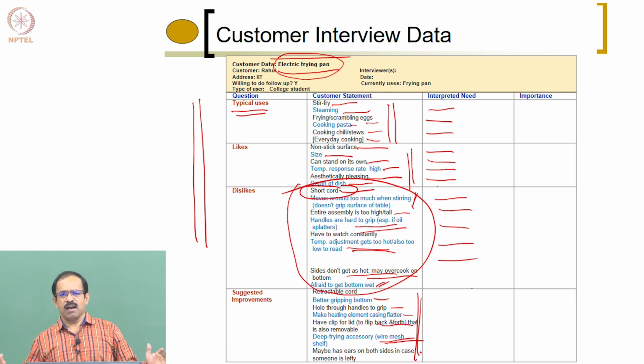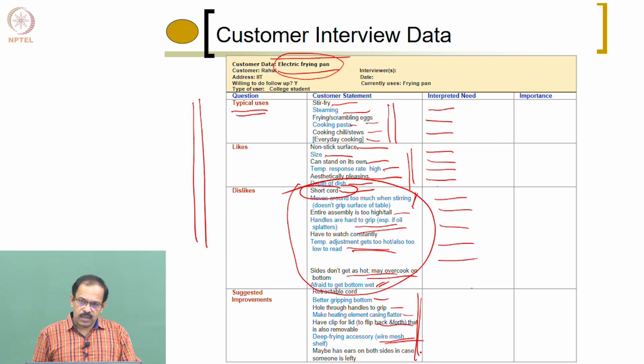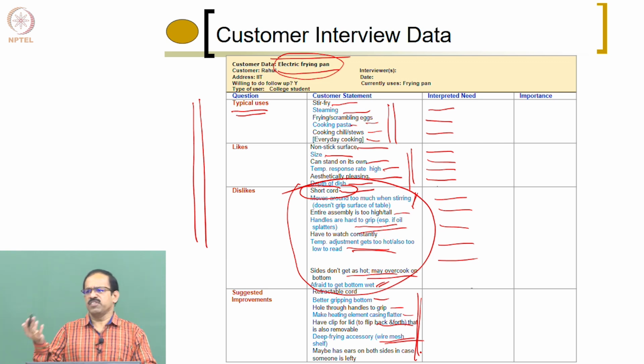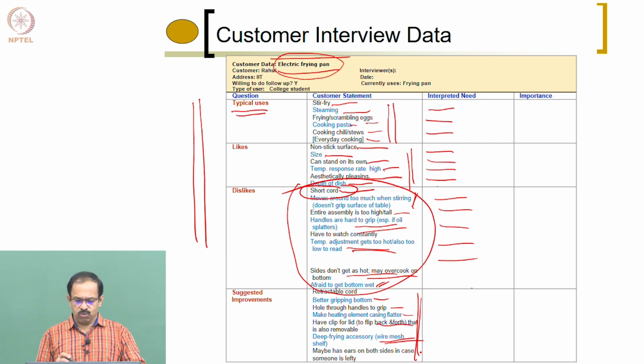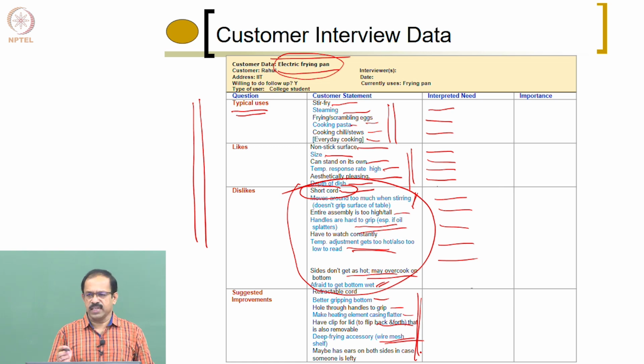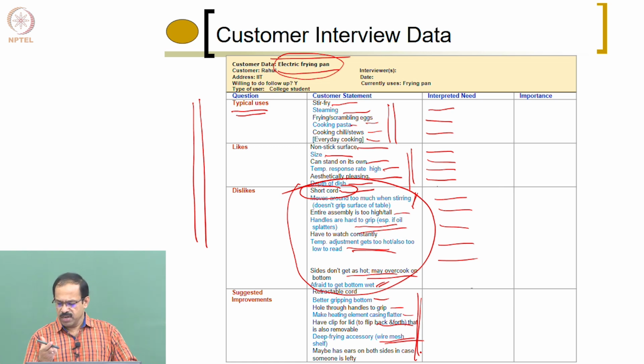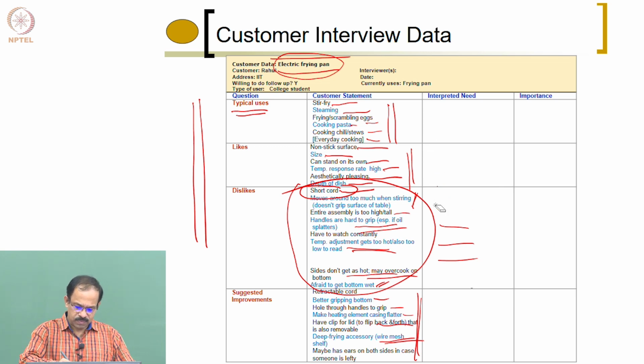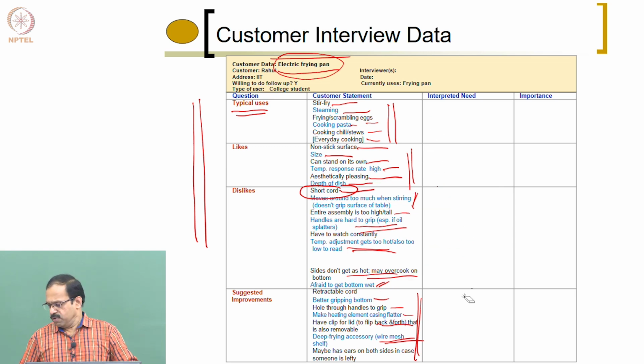So these are the suggestions from the customer. It's not necessary that all these suggestions are very good, or all the likes and dislikes are 100% perfect. So it's up to the designer to see which one is important, which one is not important. He'll be looking at these things and trying to interpret the needs. What are the needs that you can identify from this? For example,